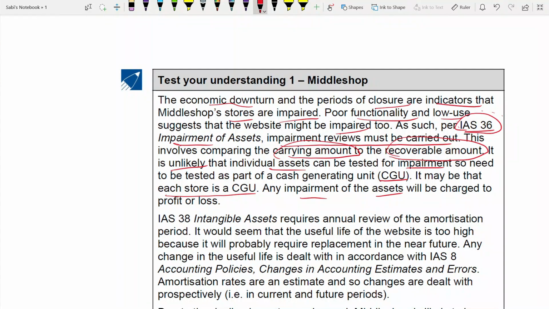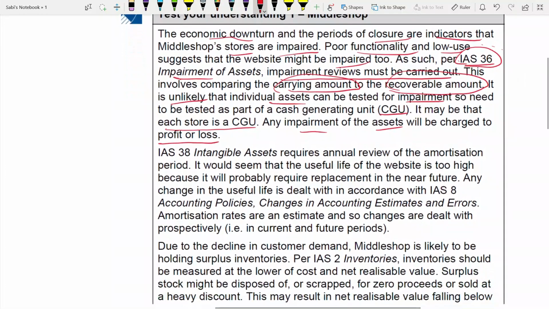Don't forget this part. At the end of the paragraph, you should be able to tell which place in your financial statement it is going to affect. So impairment will be recorded in profit and loss account. Because of that, we know losses, expenses will go up and profit will go down. But no need to write that losses will go up, profit will go down, it's understood. Okay, stating profit and loss is enough.